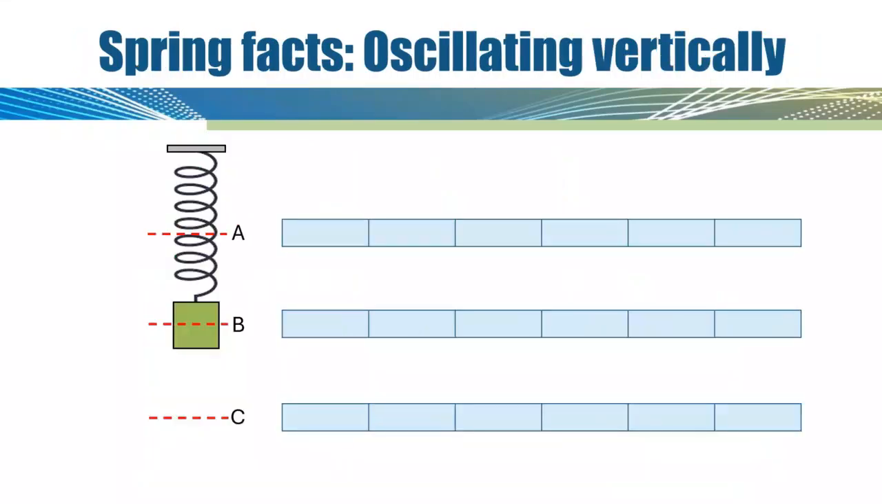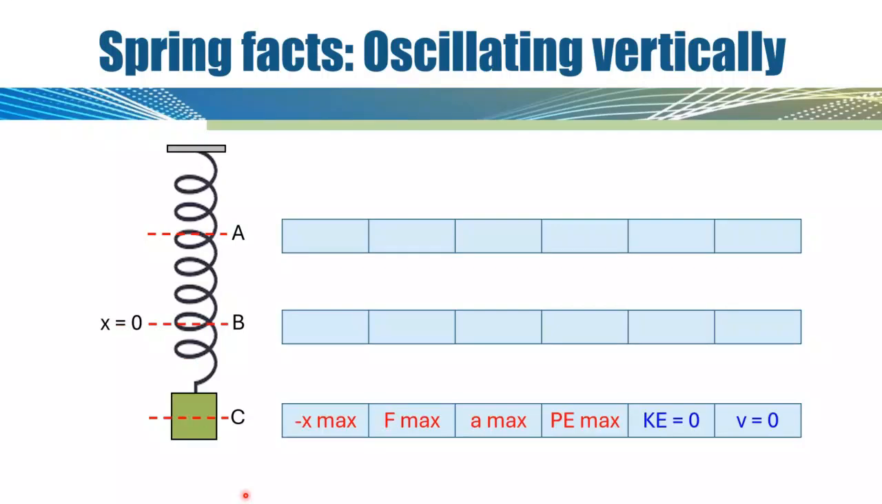We can also look at these same spring facts when we have a mass on the spring oscillating vertically. Looking at the vertical spring as a y-axis, the displacement is negative because I have pulled it in the negative direction. So if the displacement's negative, that means the force and the acceleration have to be positive. I have a stretched spring, which means I have maximum potential energy, so I have no kinetic energy and I